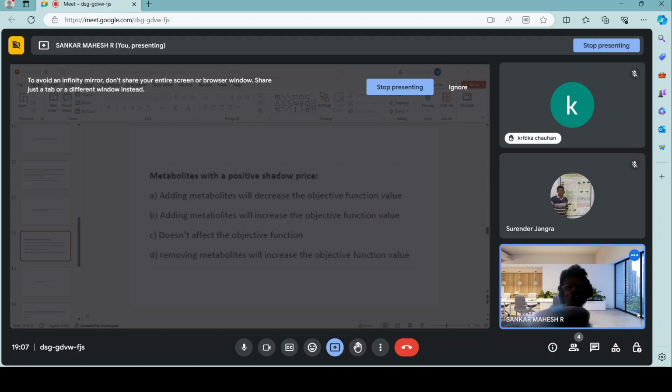It is either entering your cell or exiting the cell. Now, if I change the amount in which this metabolite can either enter or exit,